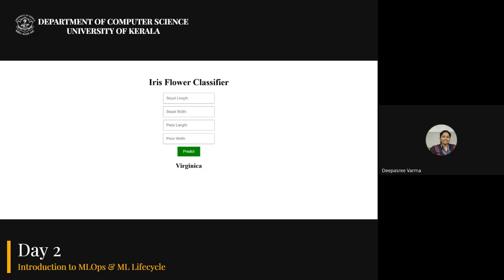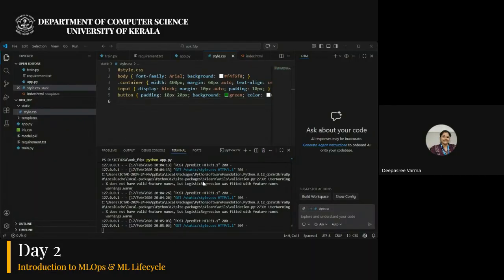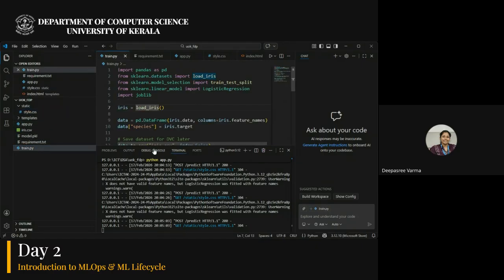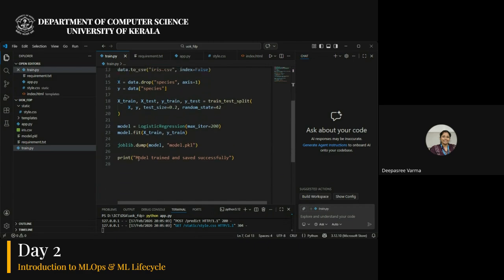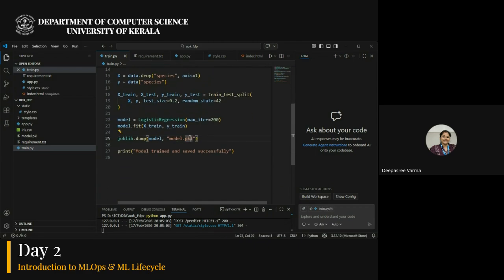So here you can see I created a model. If you remember, we ran this first, right? We ran this file first, train.py, python train.py, and this model was saved as model.pickle.